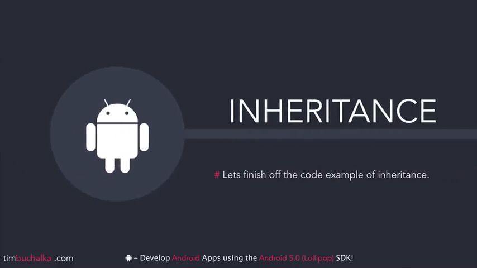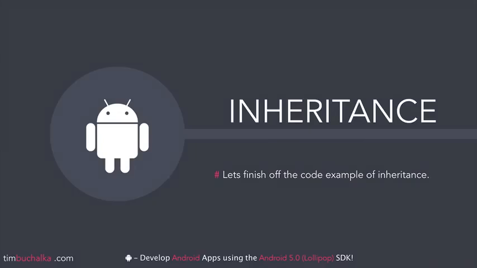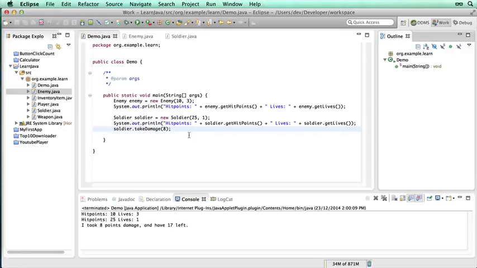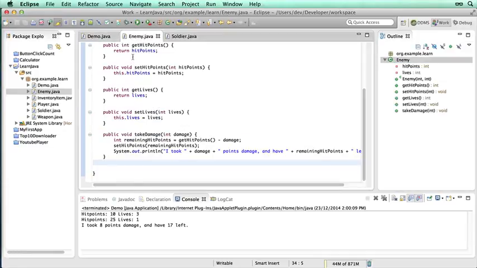Okay, so let's go and finish off the code example that we started in the previous video relating to inheritance in Java. Okay, so let's continue. We've now got a basic superclass, as you can see here, Enemy.java, and that's called